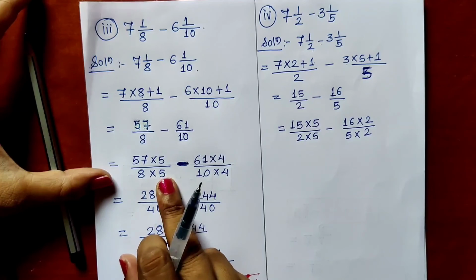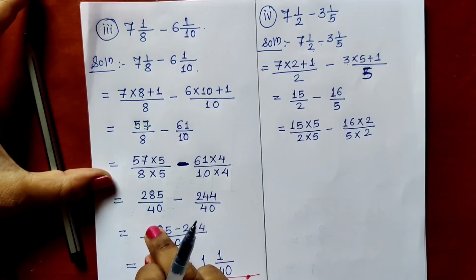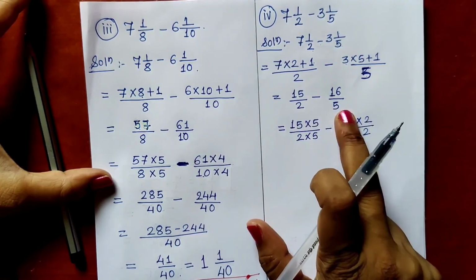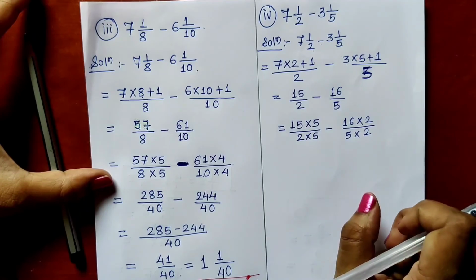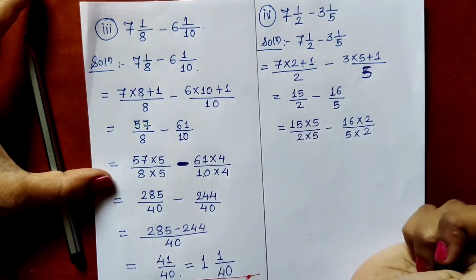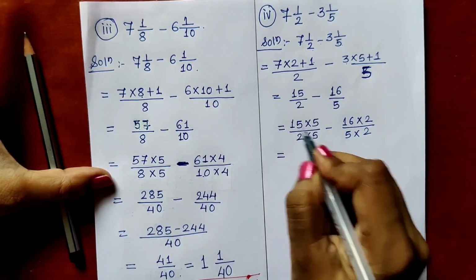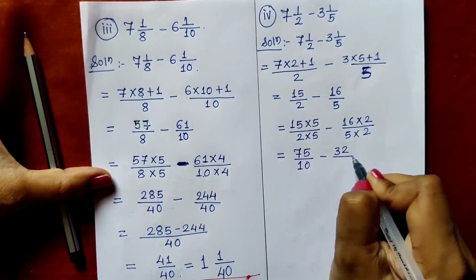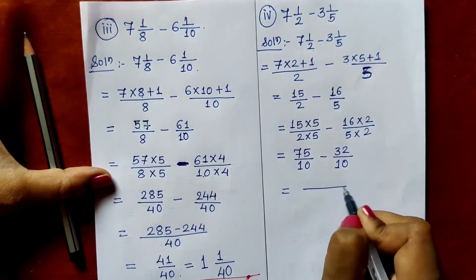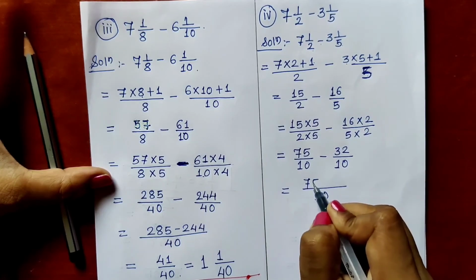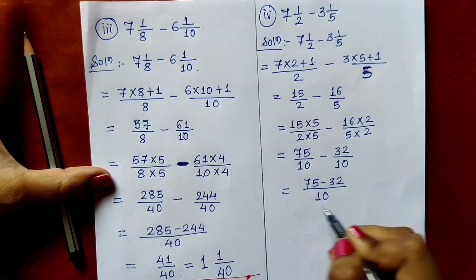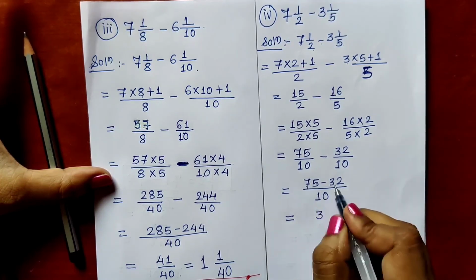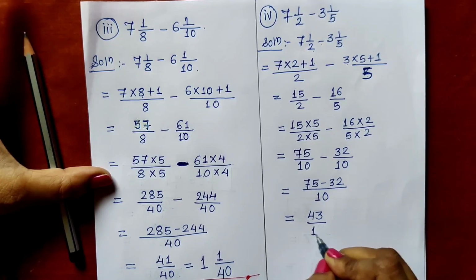Here we have to find a number. If you multiply by the number, you get the equal denominators. Here we have to multiply first fraction by second denominator and second fraction by first denominator, because the numbers are very small. 2 and 5 are very small numbers. Now let us do. 15 5s are 75, 2 5s are 10, 16 2s are 32, 5 2s are 10. 10 is the common denominator, write one time. Numerator write 75 minus 32. Subtract 75 minus 32. 5 minus 2, 3. 7 minus 3, 4. 43 upon 10.